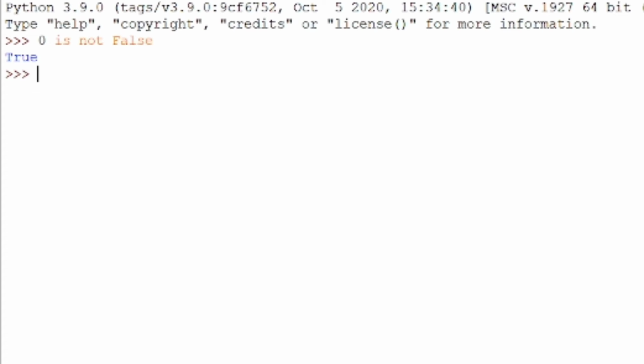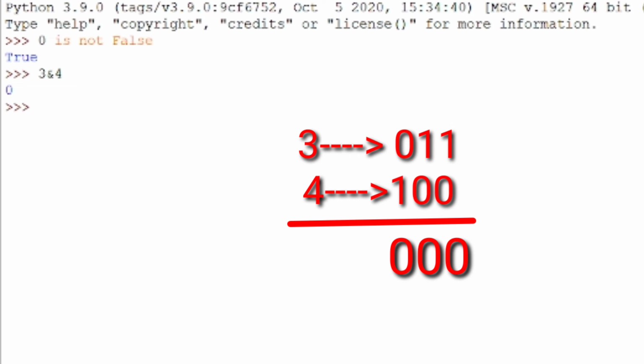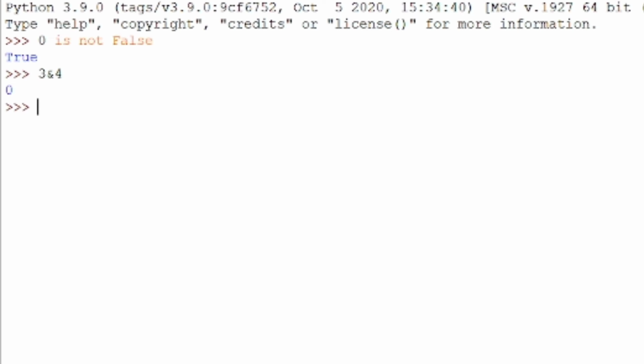For example, 3 & 4 will give you 0 because it converts 3 into binary as 011 and 4 into binary as 100, and performing the AND operation on 011 and 100 gives 000. The decimal value of 000 is 0, so it returns 0.